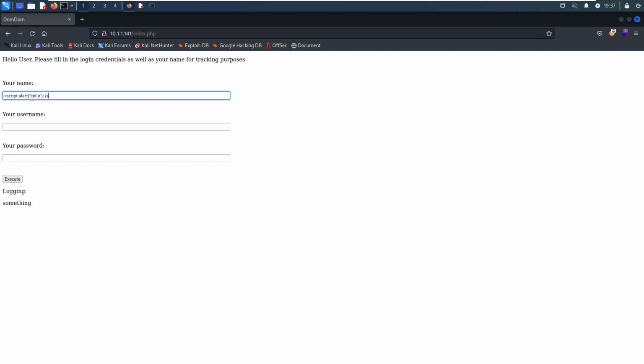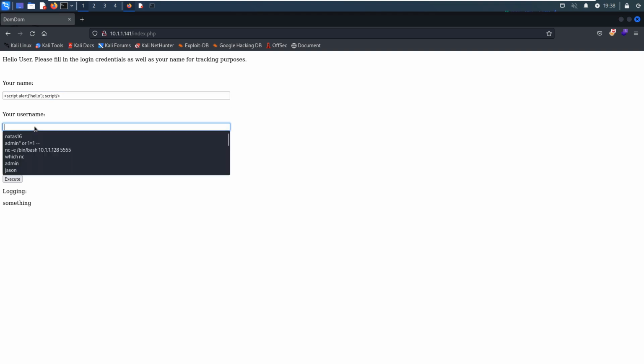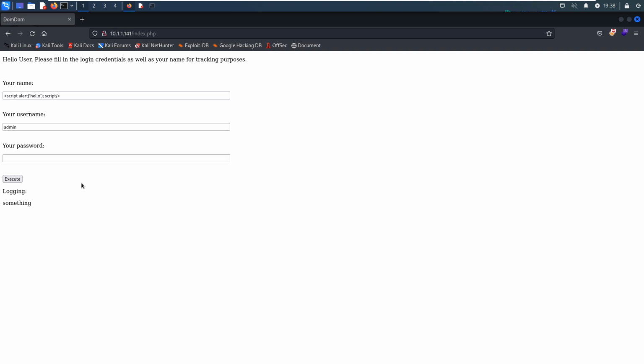Script, okay, and admin and admin, execute, but maybe the inputted information has been sanitized by the web application.